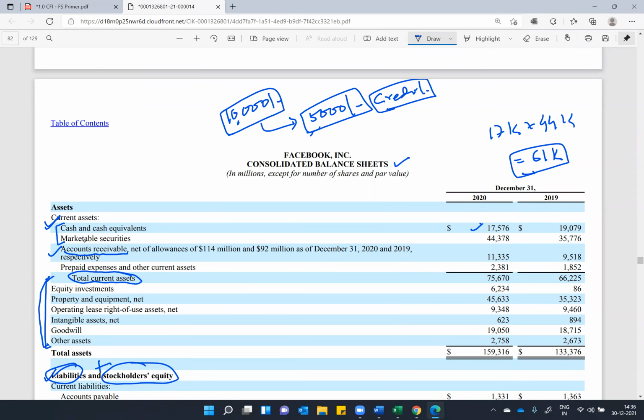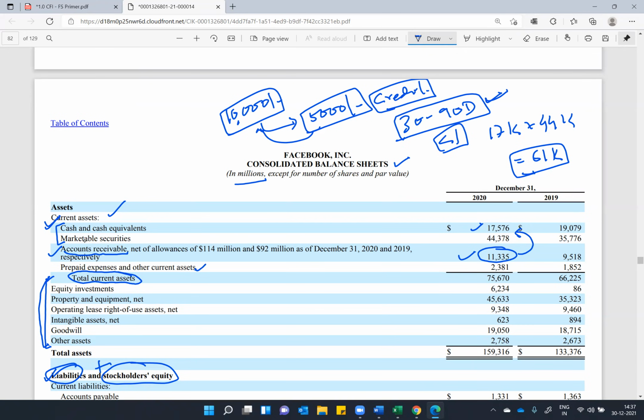The amount is yet to come in your bank account, and maybe you have given a time period of 30 to 90 days, depending upon your type of business, and you have 11,335 millions of account receivable which you are going to receive in future. Generally you give 30 to 90 days of time in most of the business, right? So that's the reason why it is a part of current asset, which is less than 1 year. So after 3 months or 2 months or 1 month, you are expecting that this amount will be liquidated and it will get converted to cash.